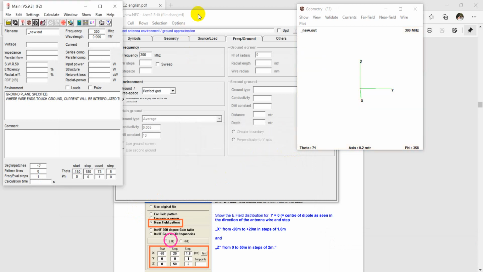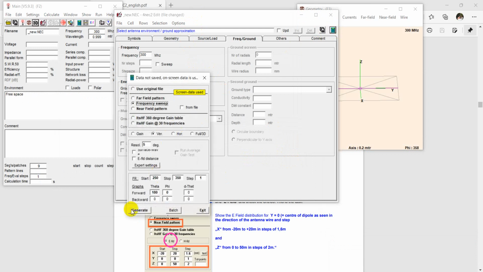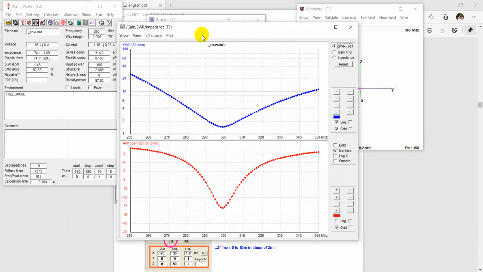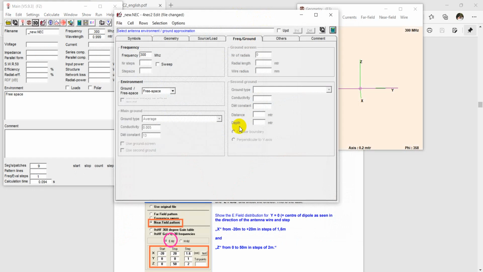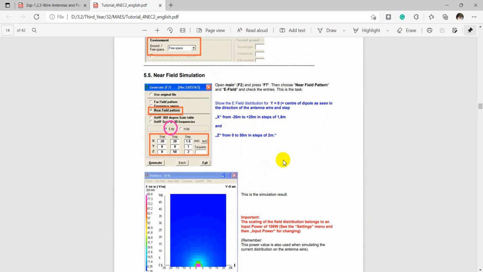So it is sure to design this antenna parameter in this frequency sweep, but there is no indication because the design is only for the radiation pattern in free space at 300 megahertz. Now we are trying to design